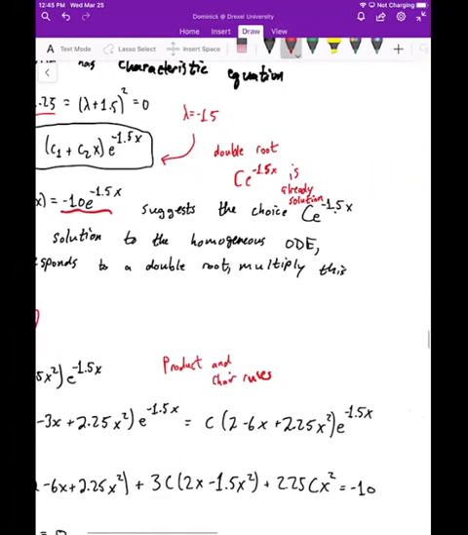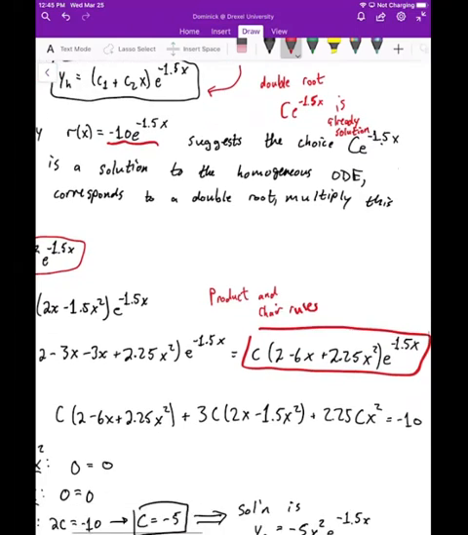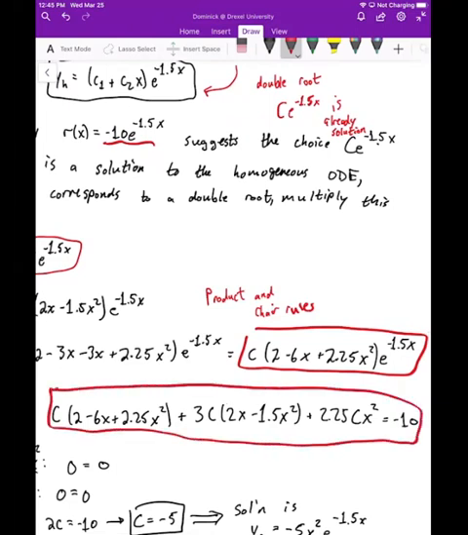And your second derivative is going to end up being this. So now if we plug this into our ODE, this is what we're going to end up with, basically, once we divide through by our E term, right? So then by combining like terms and equating some coefficients,